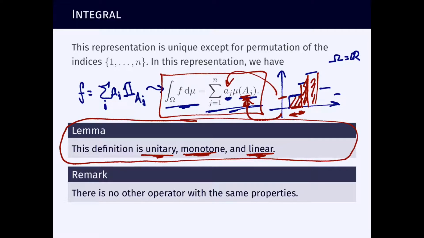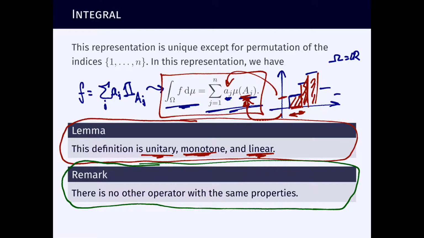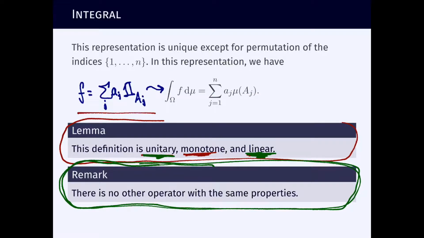It is interesting to remark that we really didn't have a choice on how to define the integral of a simple function. There is no other operator with these properties. What do I mean by that? Well, if you define the integral of simple measurable functions in a way that is unitary and linear, we don't even need monotone here, we have no choice. Let's explain why. If we assume that f is of this form, and we want to compute the integral of f using the fact that the integral is linear, then because f is expressed as this linear combination of indicator functions, simply by linearity, if we put an integral here,